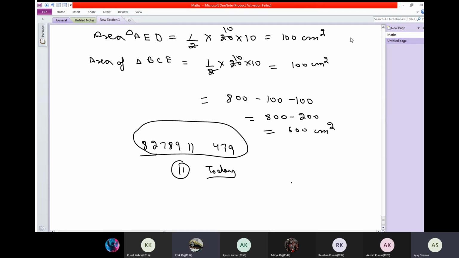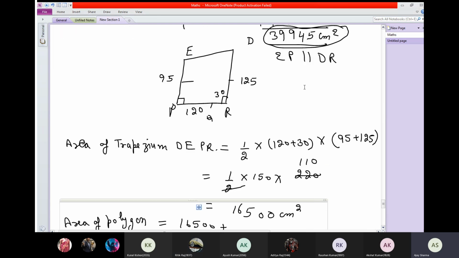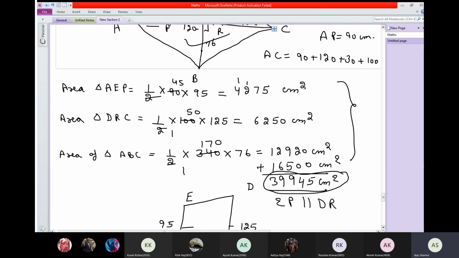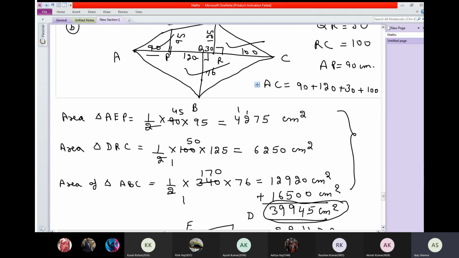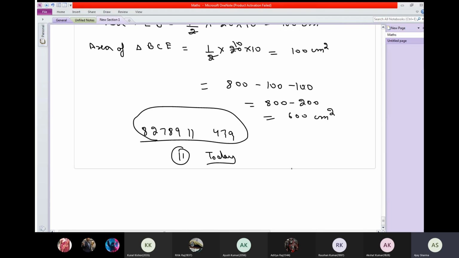Find the area of the following polygons, and there is a figure. Yes, in the figure what is given mainly? If you divide the figure into its separate parts, what do you find? A triangle and a polygon. Okay. Question number 8 part B. This one. Can we do it again or is it sufficient? We'll do it again.